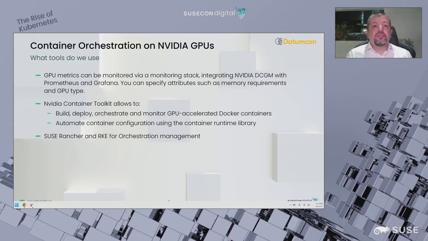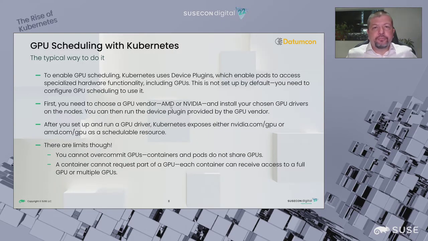And then, because you can imagine the scale of the type of workloads that are going to be needed here, obviously we use SUSE Rancher and RKE, for deploying the cluster itself, and SUSE Rancher for the orchestration management. I should say though that K3s is actually our preferred choice when we're doing computer vision on the extreme edge. But when we're doing computer vision in a centralized place with powerful GPU nodes, typically in a data center, and we're trying to keep the latency low, which can actually be achieved quite low, then we usually prefer RKE2 for that particular item. So the key here is scheduling, obviously, and the issue with scheduling on GPUs is that there are alternatives available